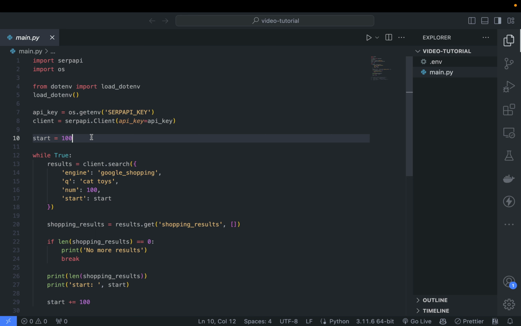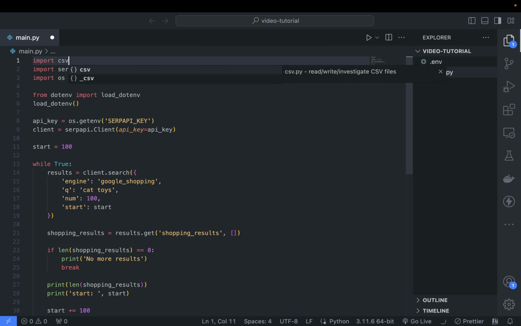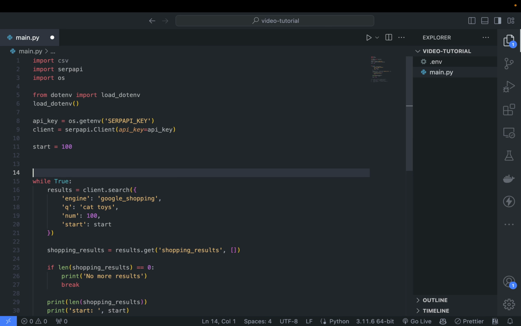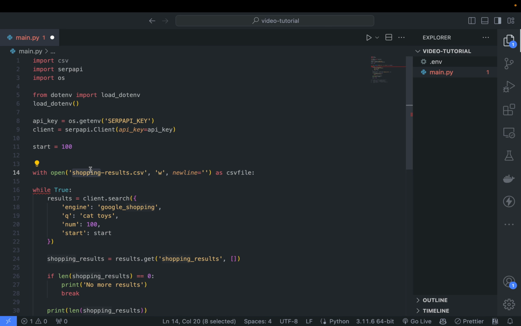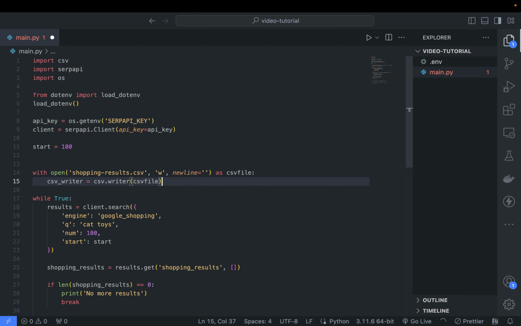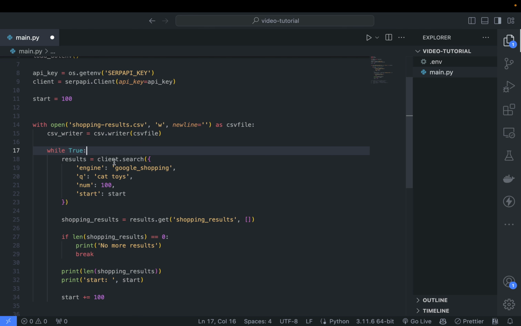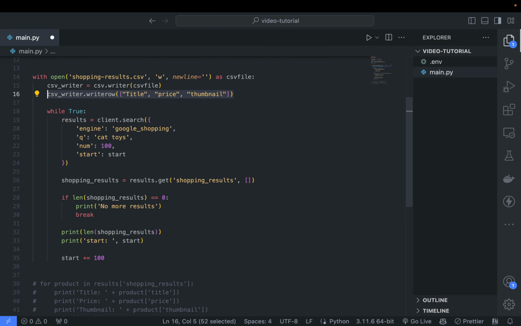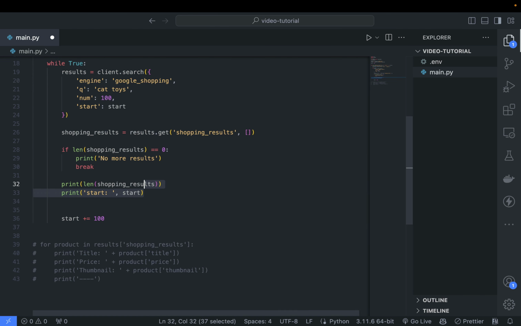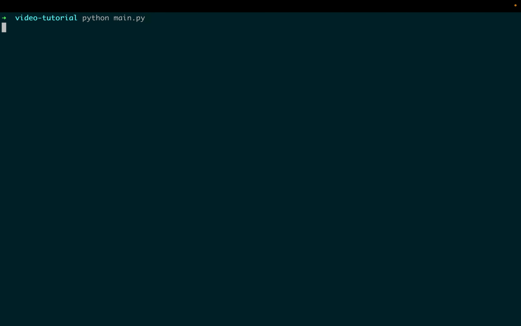It's time to export our data. Let's say we want all the shopping results exported into a CSV file. I will import csv here and create a file named shopping results. I will add the CSV writer and put in all the previous logic for paginating all the results, adding the header for our CSV. And now instead of just printing the results, we will loop over the shopping results and write each row into the CSV. Let's try the program and make